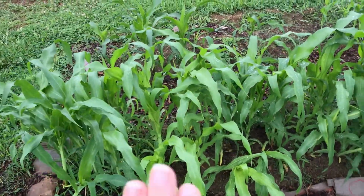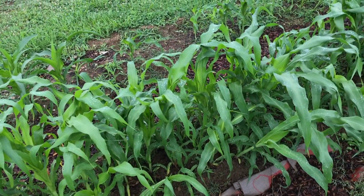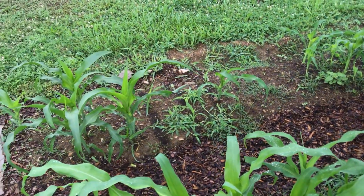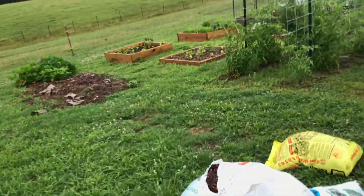I might try to stake them back up, or re-solidify them, pack some dirt around them. We'll see. Hill them up a bit. See, those were the babies that didn't do very well. I don't know what that problem is. So there's that, and then over here,